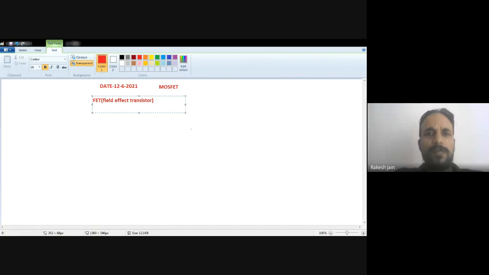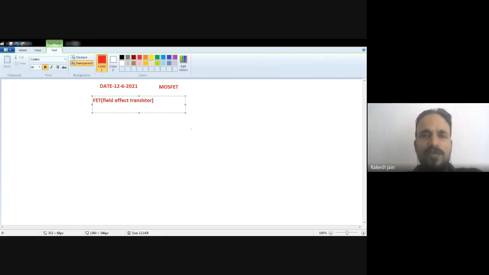Now what is the meaning of this statement? It is a kind of transistor, because I use the word transistor, which means for the construction of this kind of device, semiconductors are used like the ordinary BJT transistor. So P type semiconductor and N type semiconductor we will use to construct this device. Field effect means the function of the transistor depends on the applied input field. Field means the applied voltage. It means a kind of transistor in which the output current varies in accordance with the change in the input voltage. That is known as field effect transistor.